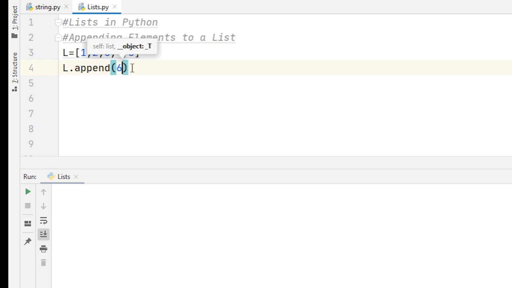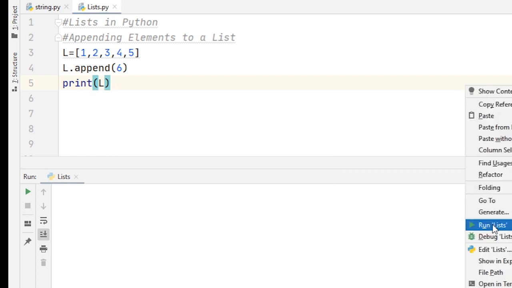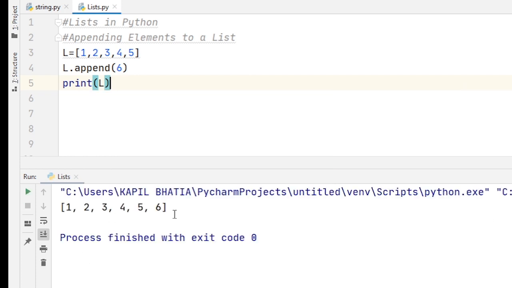Okay. When I print the value of L, you will find the output as 1, 2, 3, 4, 5, 6. So I hope you understand how to add an item to a list or how to append an item to a list.